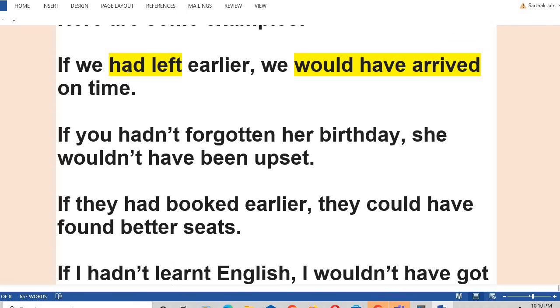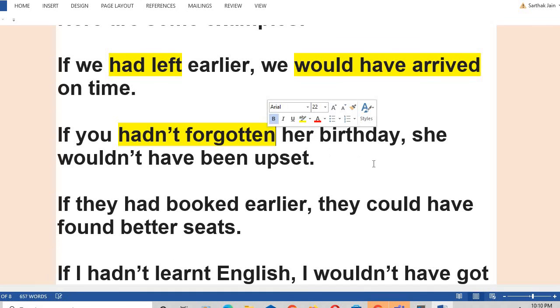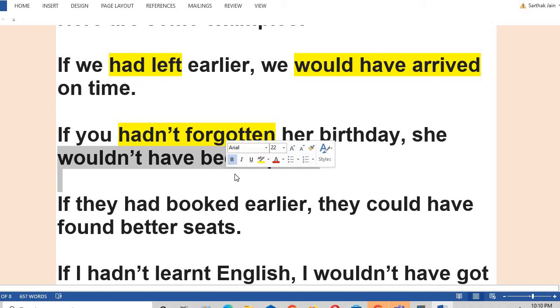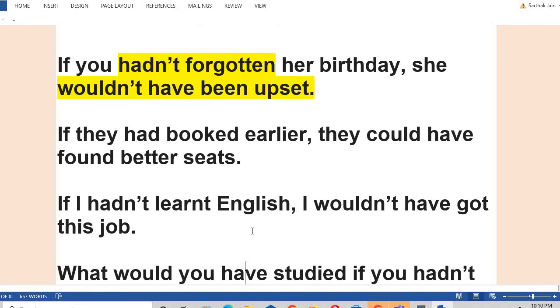Okay, and that is why past perfect and future perfect. Always remember. If you hadn't forgotten, past perfect, she wouldn't have been upset. Future perfect. Okay. Similarly, in the next sentences, if they had booked earlier,